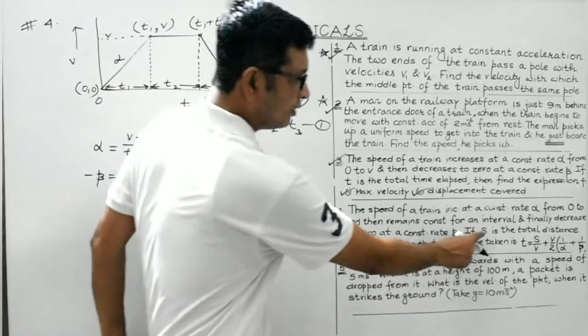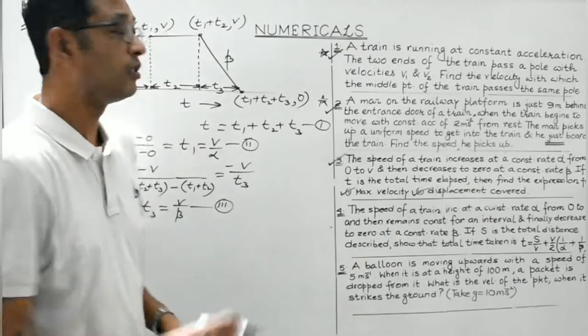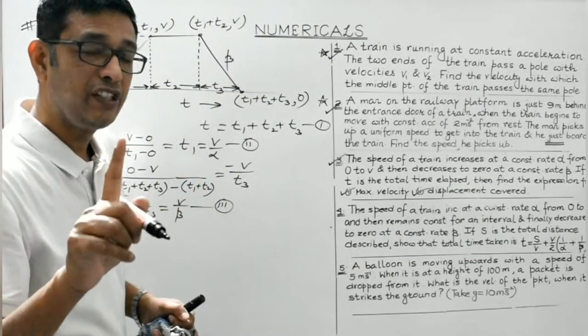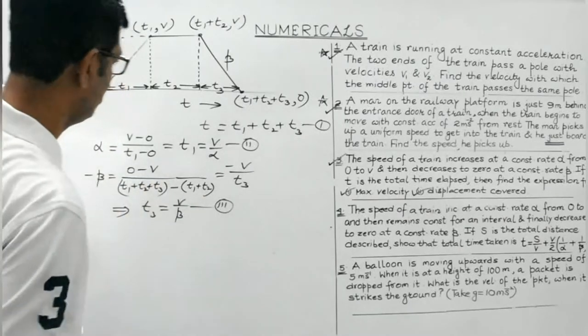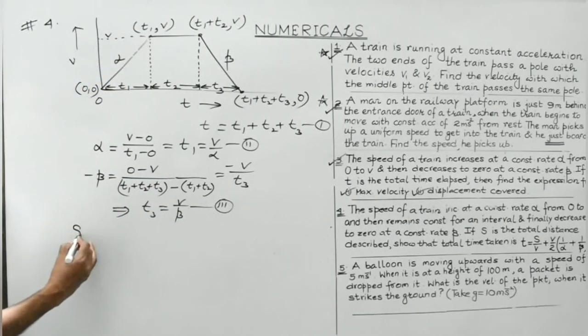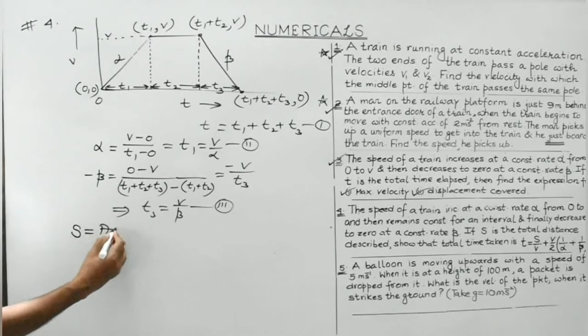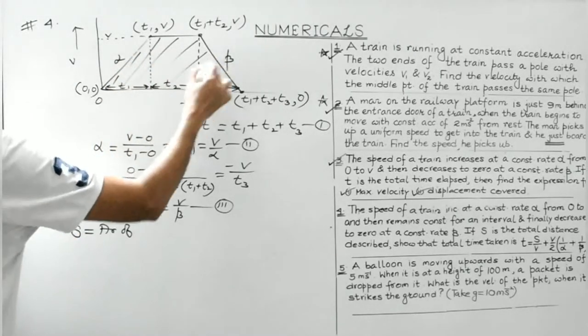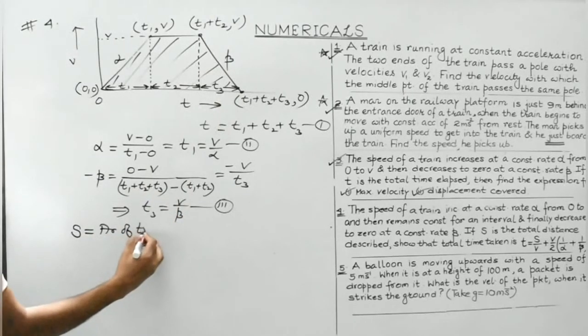Now look, S is also given, it's the total distance described during the entire time interval. And students, area under the v-t graph gives the displacement covered. Now that's the key point. So displacement covered would be given by the area of this trapezium. This is in the shape of a trapezium. So area of